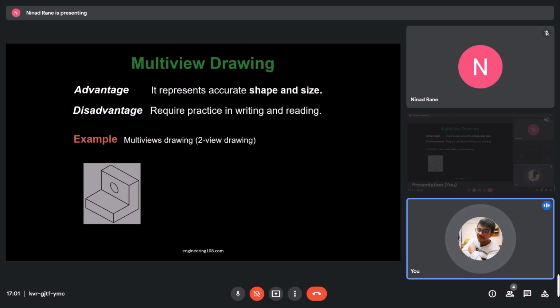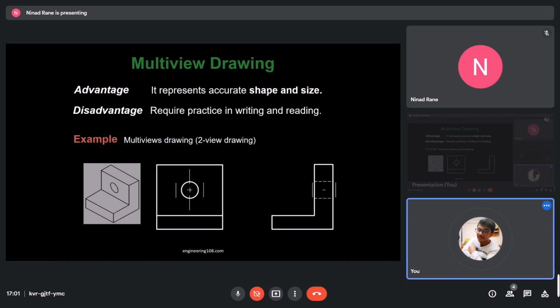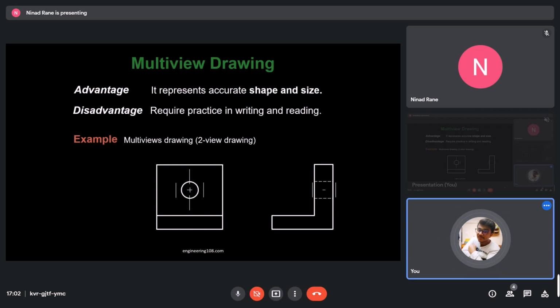Now let's take an example. As you can see, here we have a 3D object. So if I have to draw it with the help of multiple view drawing, it will look like this. As you can see, you have the front view, then you have the side view. Now you can see here that all the dimensions are accurately represented with the help of multiple view drawing. Okay, now moving further,